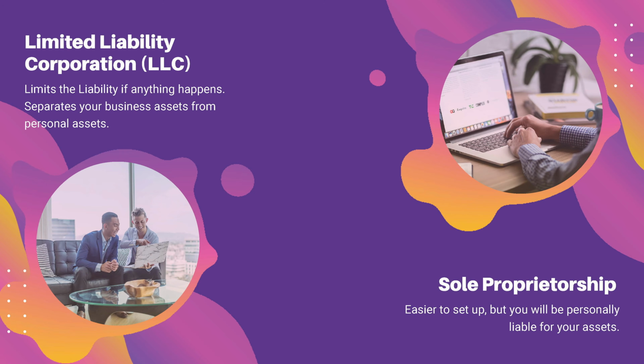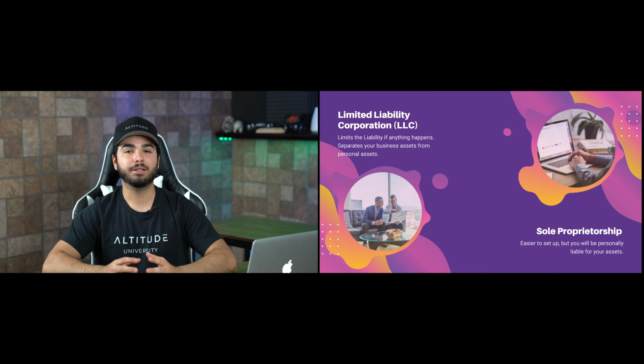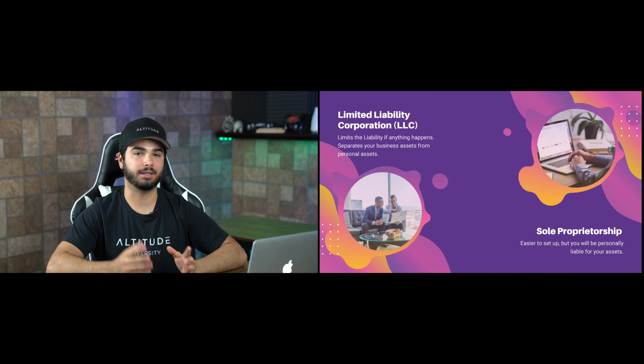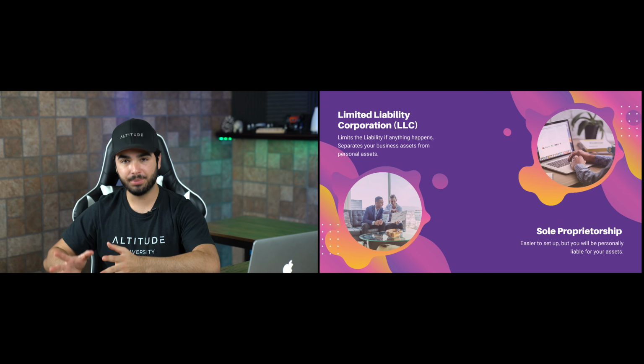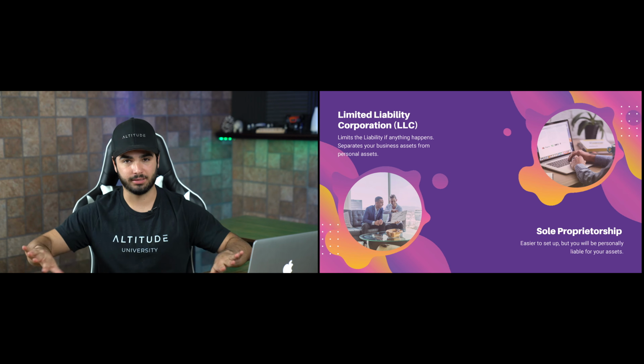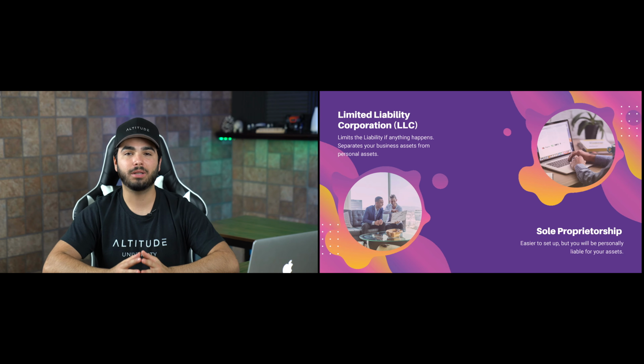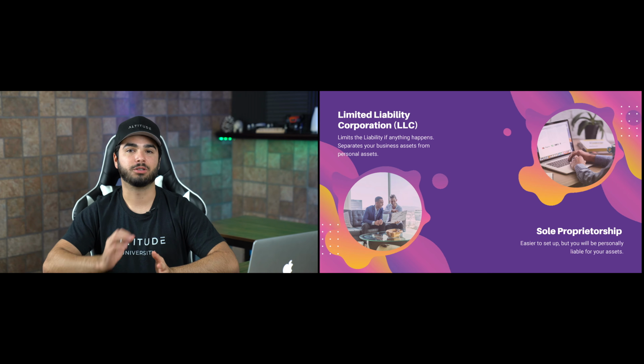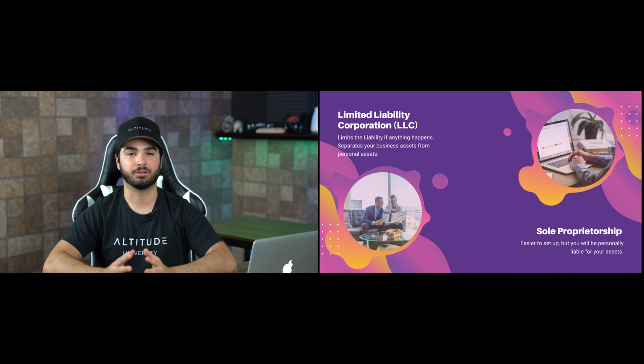If you're thinking of starting a drone business with a partner and you have some startup capital to get the ball rolling, then you'll want to look into an LLC or limited liability company, which does just that. It actually limits the liability if anything happens. For example, if someone's trying to sue you, the LLC will separate your personal assets like your home and your car from the business assets, treating both as separate entities. It will also allow you to establish an EIN number, which you'll need to start a business bank account and to organize your business finances and optimize your taxes.